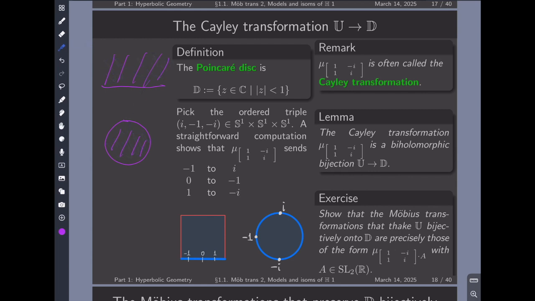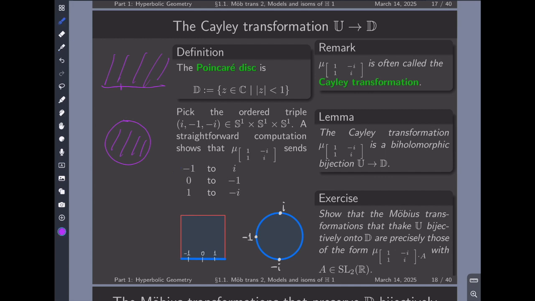We know Mobius transformations are continuous. We know that in order to determine one, all we need is to say what it does to an ordered triple. So I take this ordered triple minus 1,